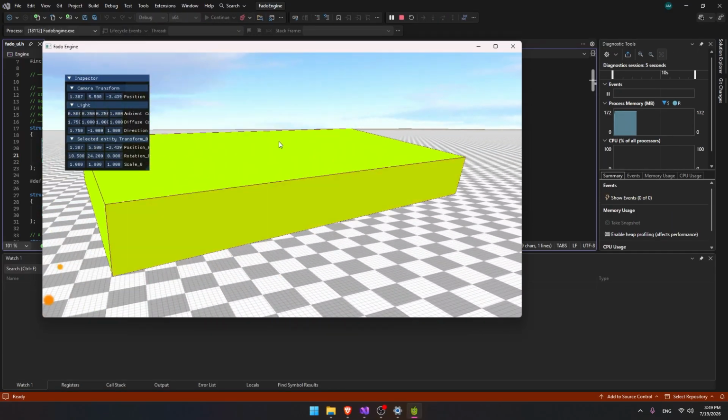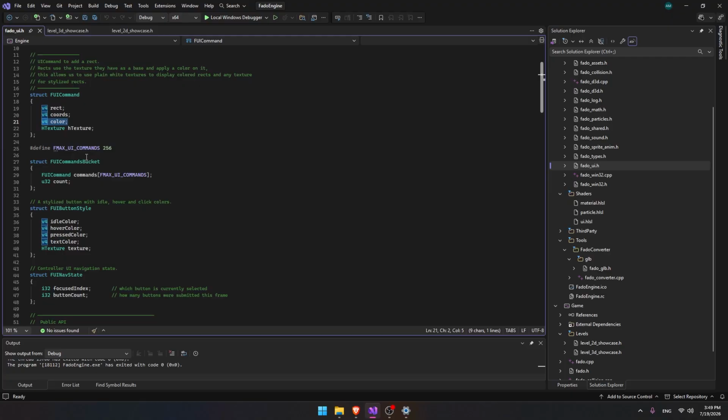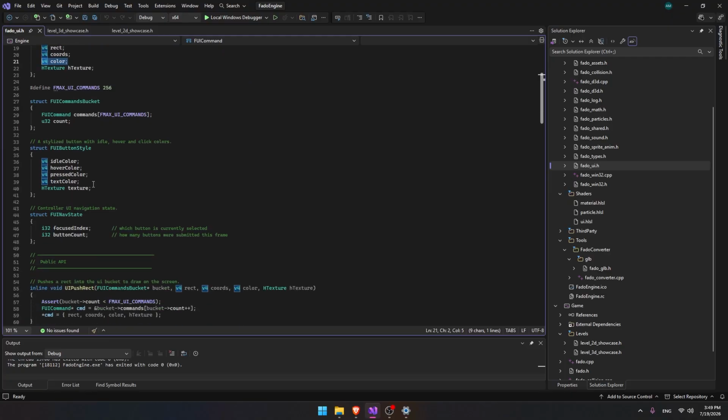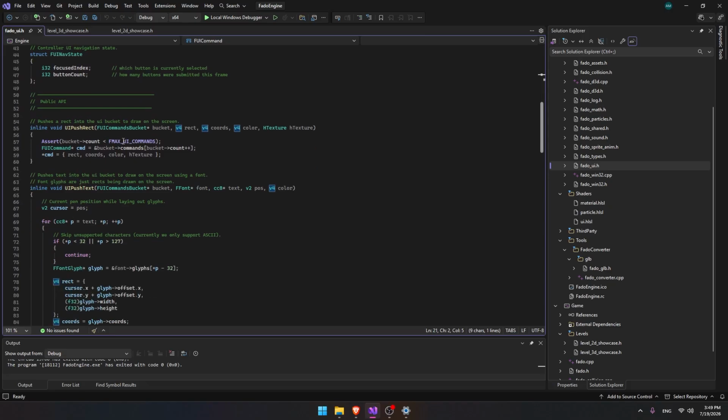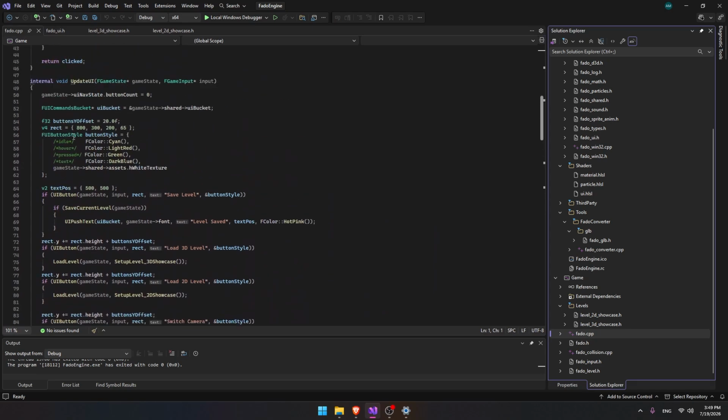If we don't have a texture, then it's just a simple RGB color, and that's it. It's almost an immediate GUI thing, because in every frame that we want to add UI, we just say, hey, add this thing. So for example, in our game,